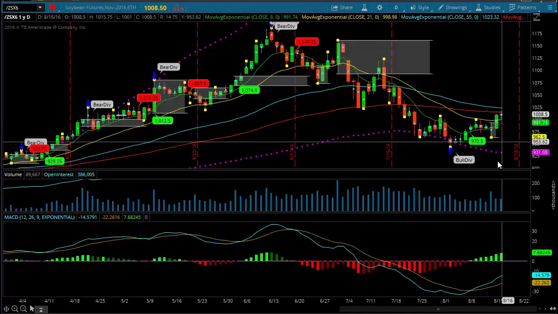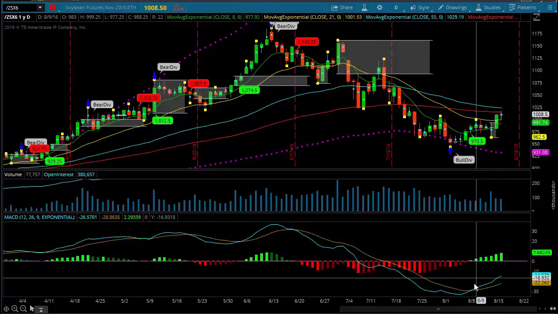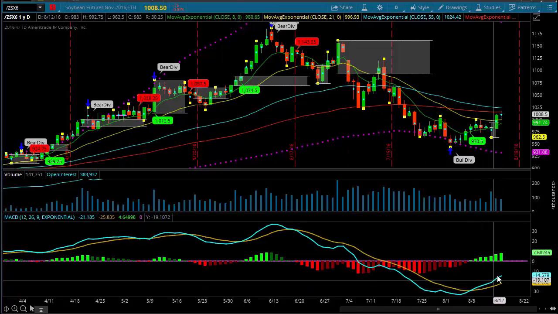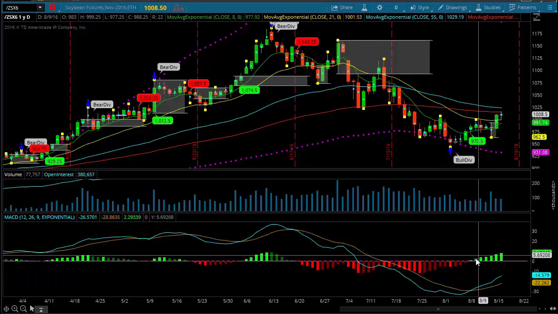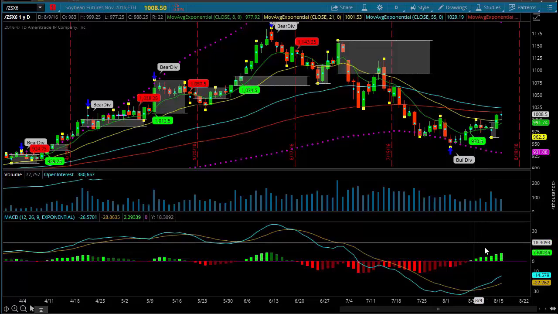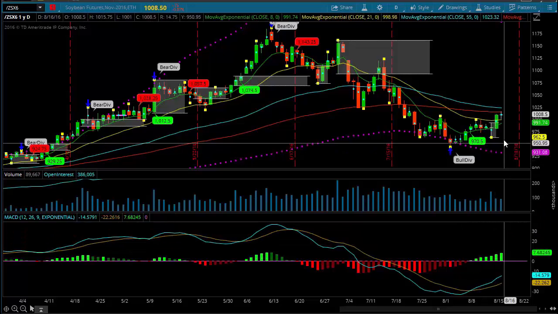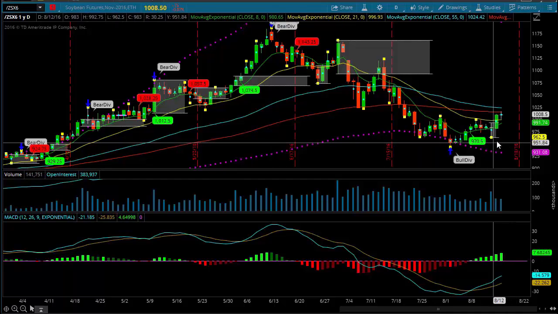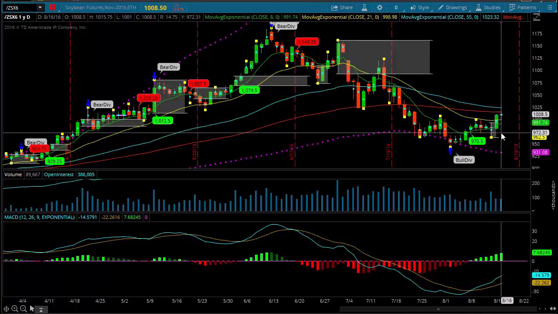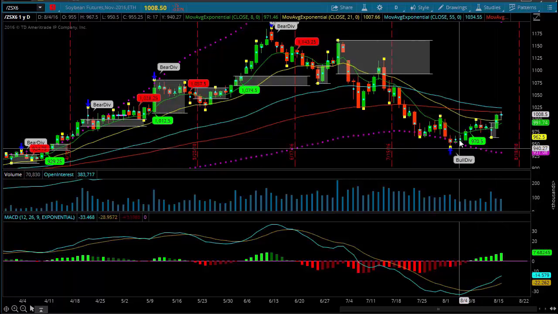No. What I'm looking for right now is a reversal of this MACD at the bottom to begin to show some weakness and possibly see a squeeze fire off short in this. And the squeeze is going to be lagging a little bit. So what I've got to do is a little bit of anticipation of this move to see if it